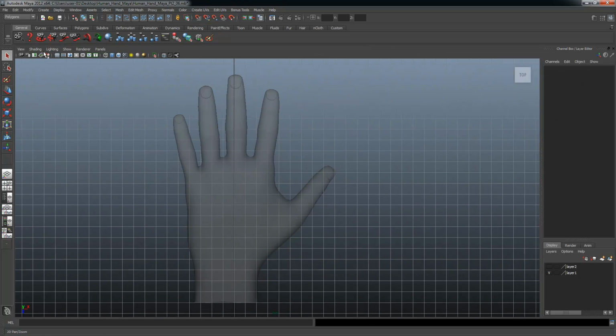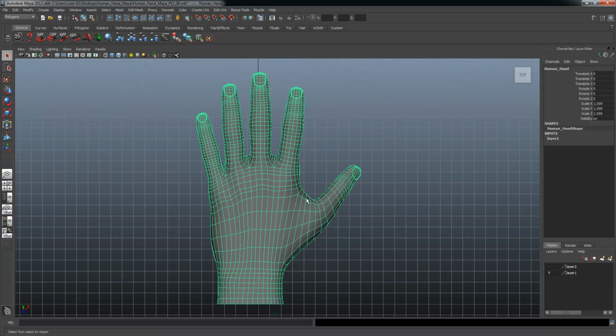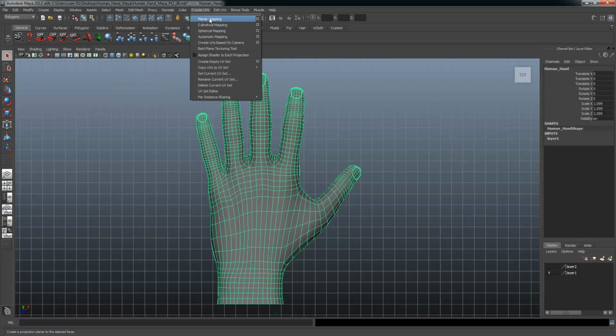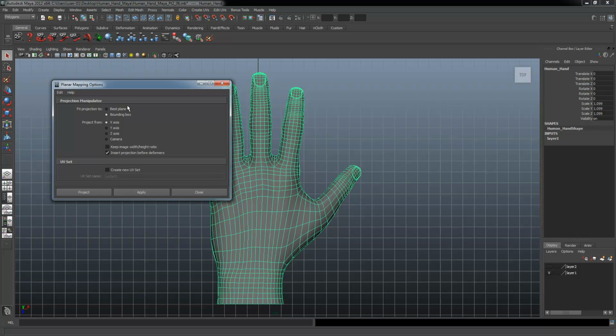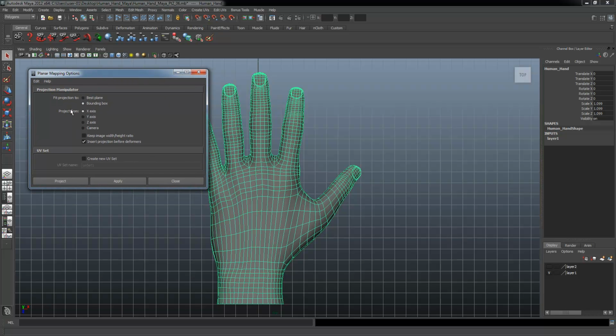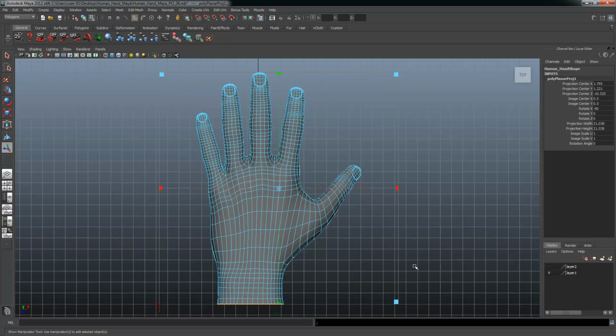I'm going to go into my top view here. I'm going to change the shading from X-ray to regular old shaded view. And I'm going to go ahead and go into the Create UV Planar Mapping dialog. And I'll pull this up here, and I'm just going to reset it first. And you want to change it to, this is the default settings, you want to change it to bounding box, no, that's already set. Project from camera, click camera, and then click the box that says keep image height ratio, and then say apply. And once I did that, you can see here that we get this little manipulator, and